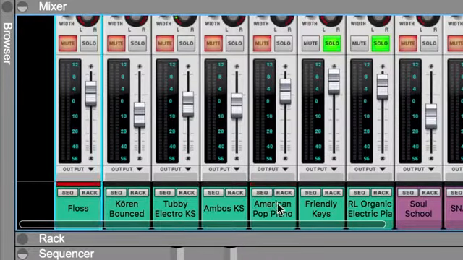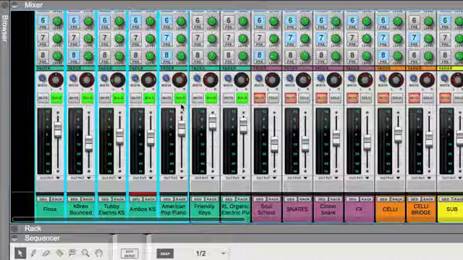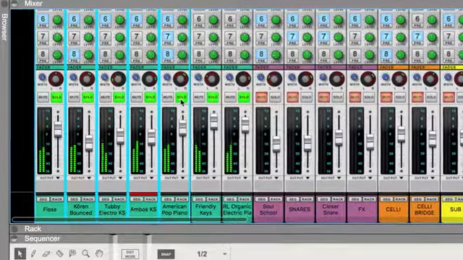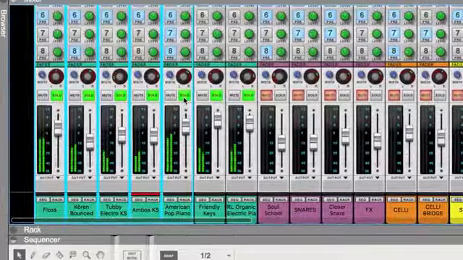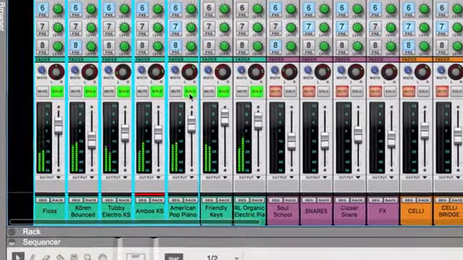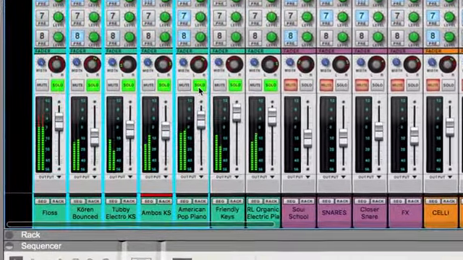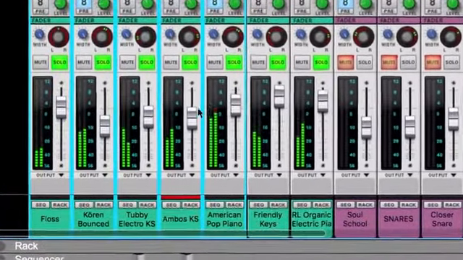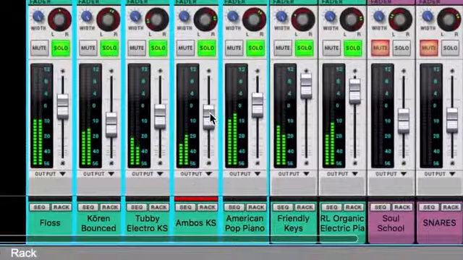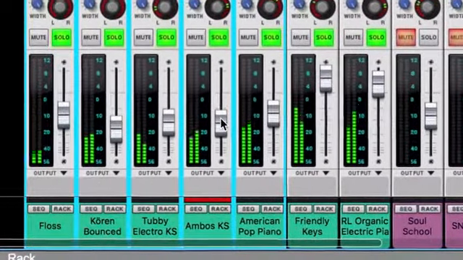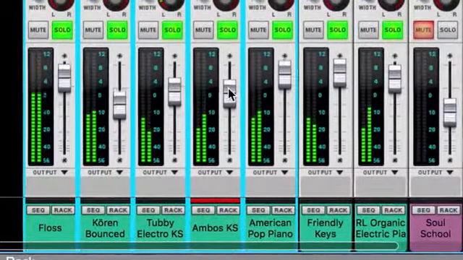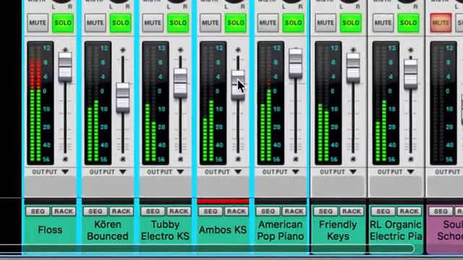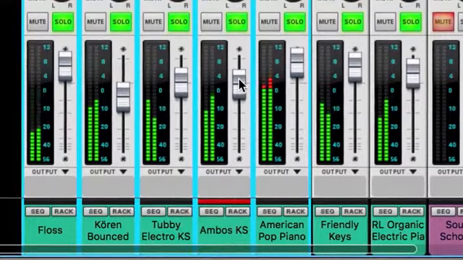Let's shift select our other synths and click solo to hear all these parts together. While I've got these other channels selected at the same time, you'll notice that not only do their mute and solo buttons work in concert with each other, but if I adjust any one of their faders, I can scale all the channels up or down together. This makes mix adjustments across blocks of channels, like all these synth layers or perhaps multiple drum kit microphones,